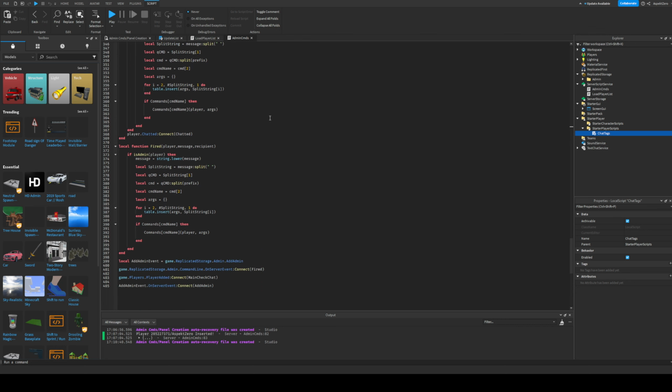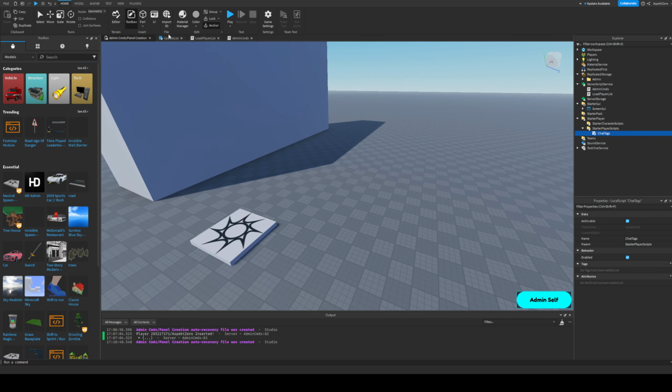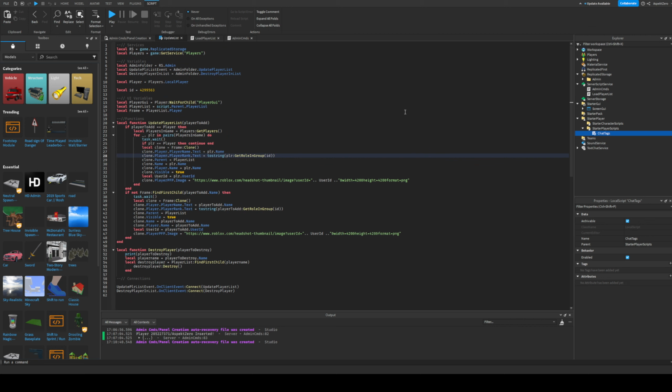So that is the basics of the coding part. So now for the GUI part, which is what you guys are probably here for, and I don't know why I just explained all that. I'm probably just going to section that off into its own section of the video. But, okay,